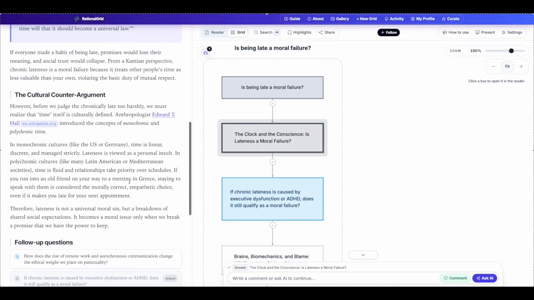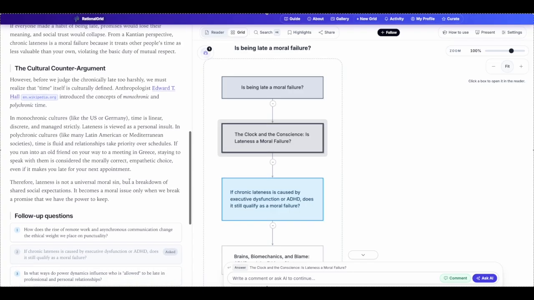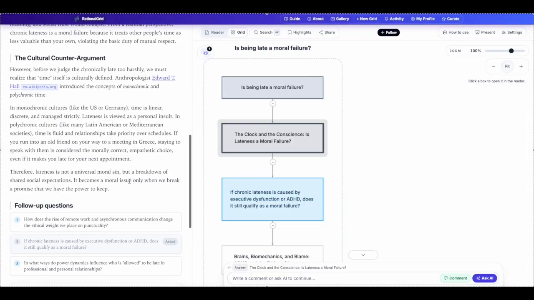Now we've gone on with one of the follow-up questions, and you can see that we're going to go into different directions. How can we challenge our premises or tackle the topic from a different direction and build a more holistic view of the problem?